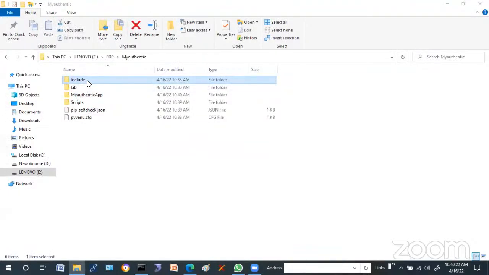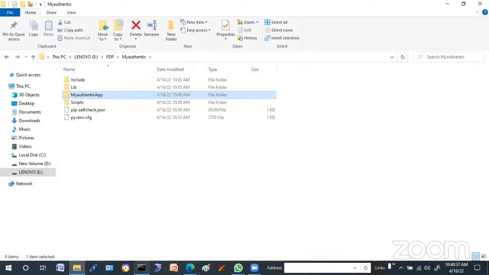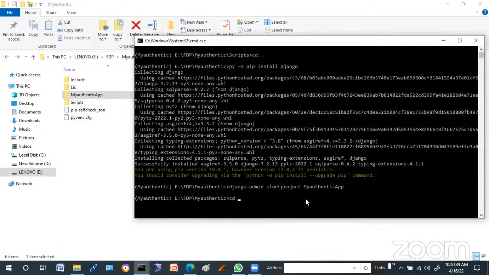Folders being created include lib and scripts. So I have created my authentic app. In my authentic app, you have created the authentic. So if you want to create the database, you can also do so by just saying cd my